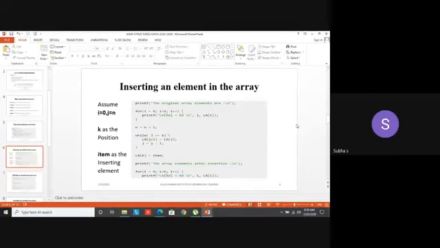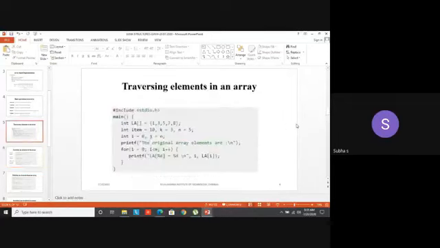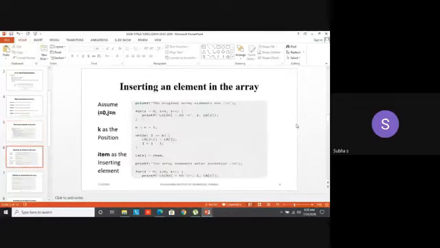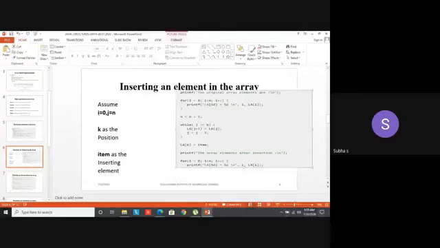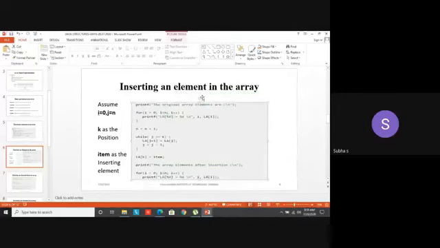How to insert an element in the array. Better you have it in your notebook. I'm going to insert an element. No need to go with some 10 elements and all. Let's take that simple example itself, the previous one: 1, 3, 5, 7, 8. Or anything, 10, 20, 30, 40, etc. So I want to insert an element. And there are previous codings. I mentioned just the particular part only here.